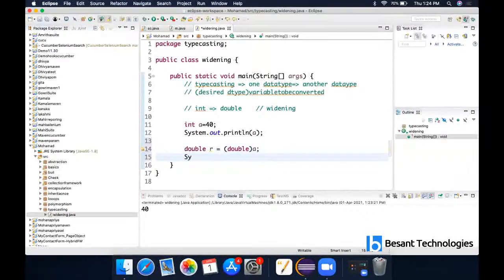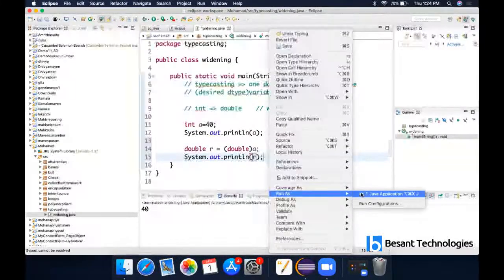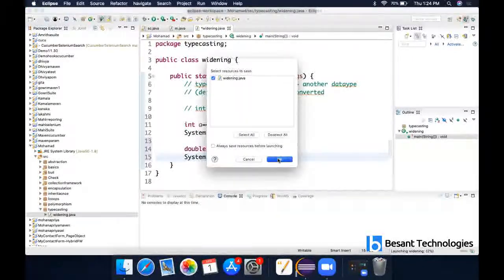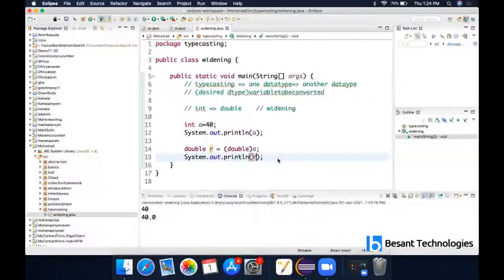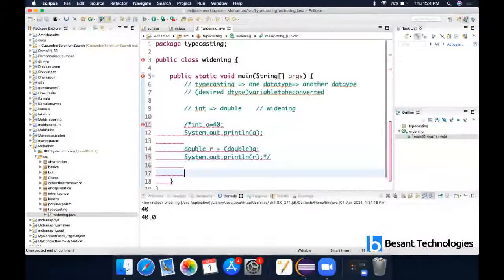So if I run this code, it is going to display 40.0. It will show one decimal, right? Yes. So we are converting integer to a double now. So this concept is widening. You can do vice versa too. You can convert a float to an integer, like that also we can do. So that is the narrowing concept. Same syntax, but there we will be converting.